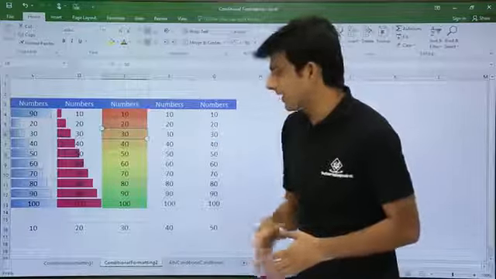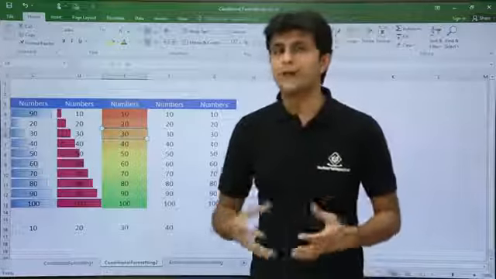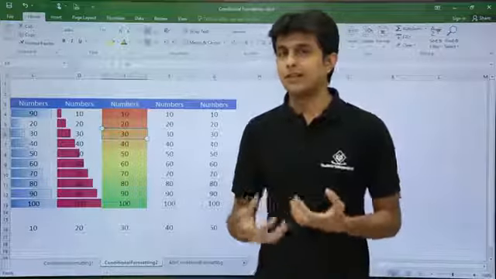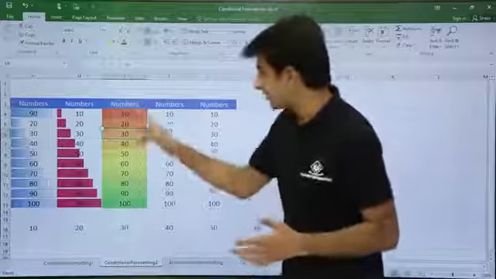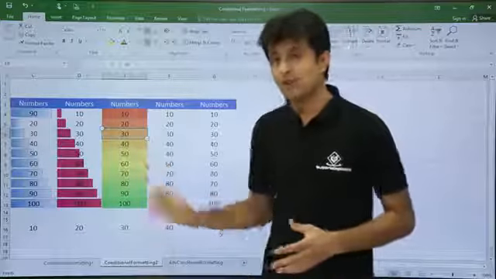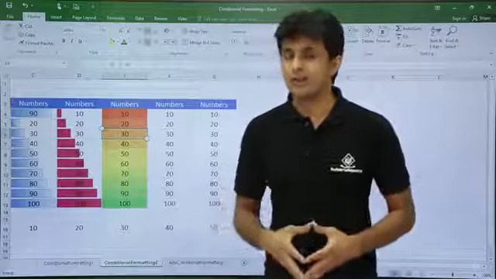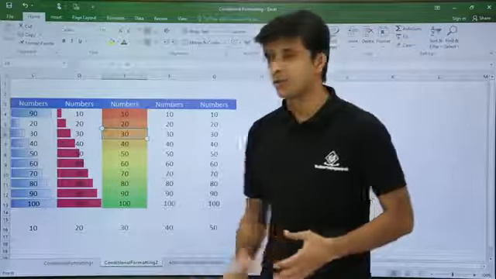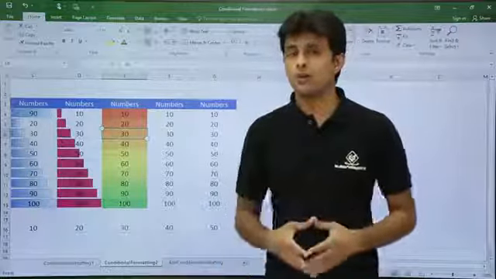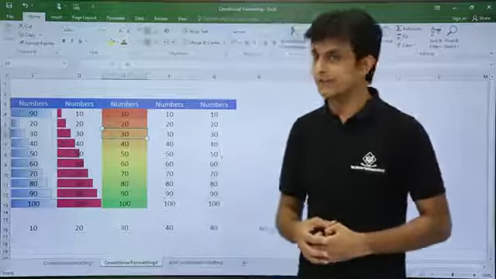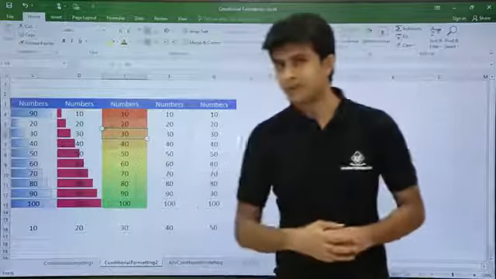So color scales are very rarely used, but those are used in some mechanical companies where they try to measure the temperature of the product, and this is how they give it. So this is in sorted order, so it is easy to understand. But imagine if you have a list of 1000 numbers and those are not sorted, so it would be difficult to use color scales. So rather people go for these data bars.